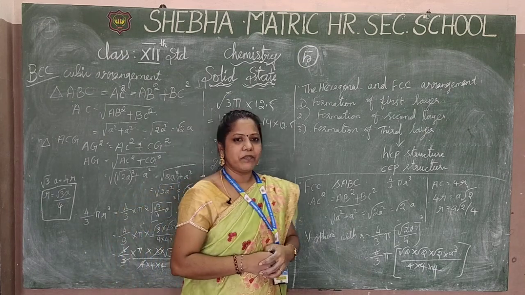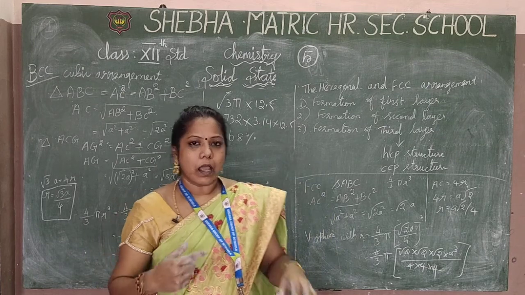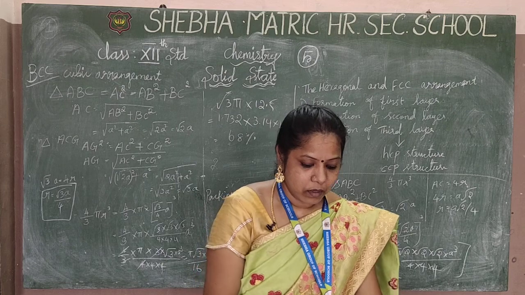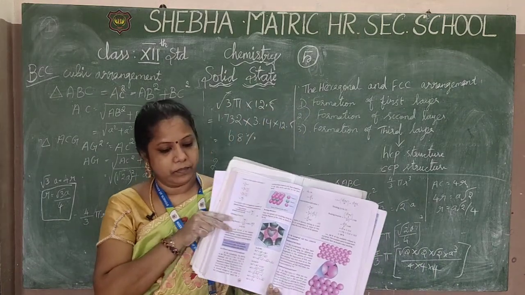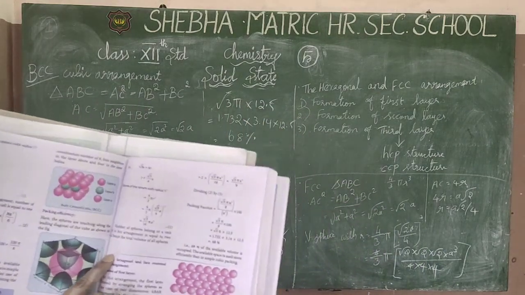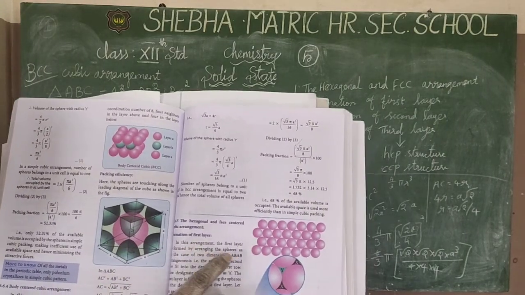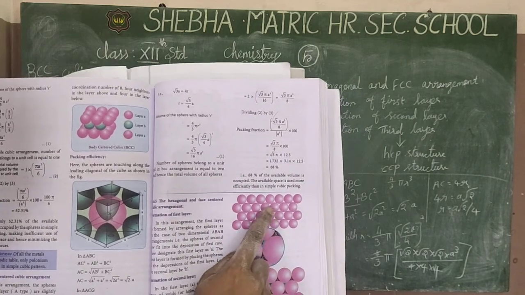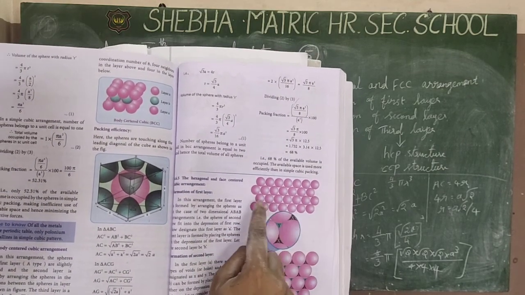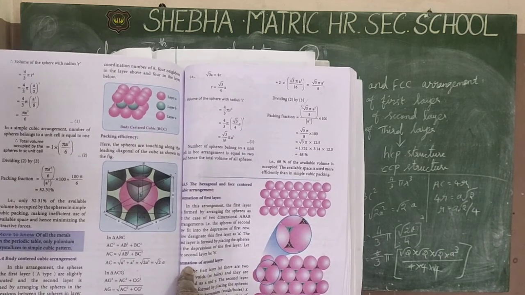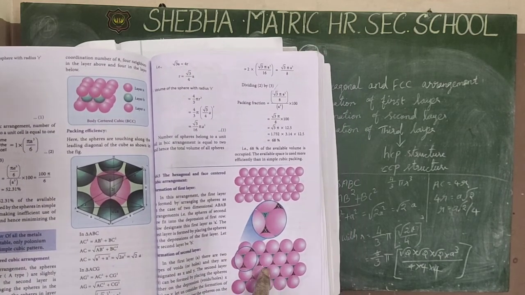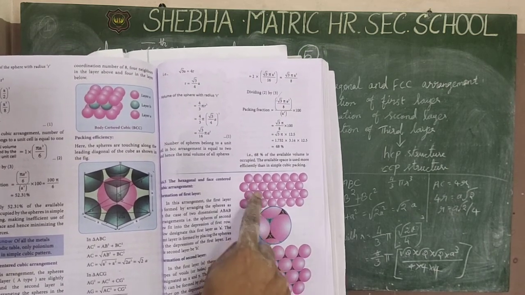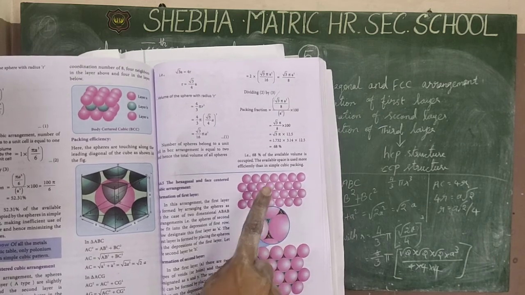I am going to explain these 3 terms. That is the formation of the first layer. You have to arrange that. I am showing the diagrams, then only you can be clear. For the first layer, students, you have to notice the formation of the first layer; likewise we have to arrange the spheres. Did you get that? And then the formation of the second layer: you have to notice that the back side of the spheres is in green color. What is the difference between the first layer and the second layer?